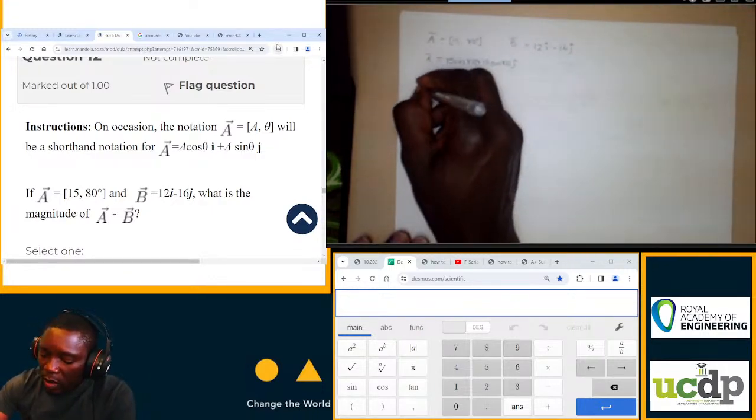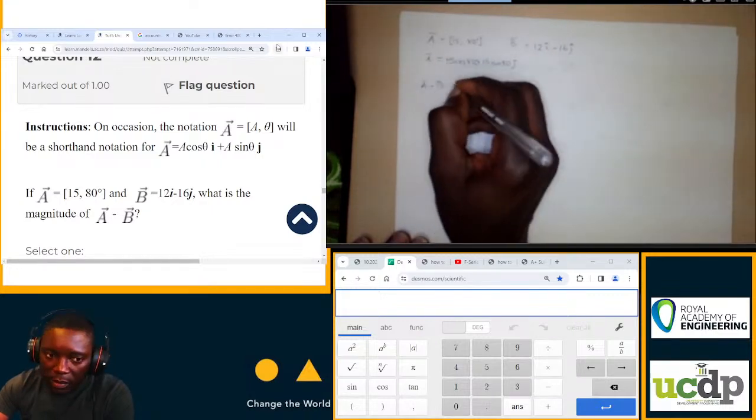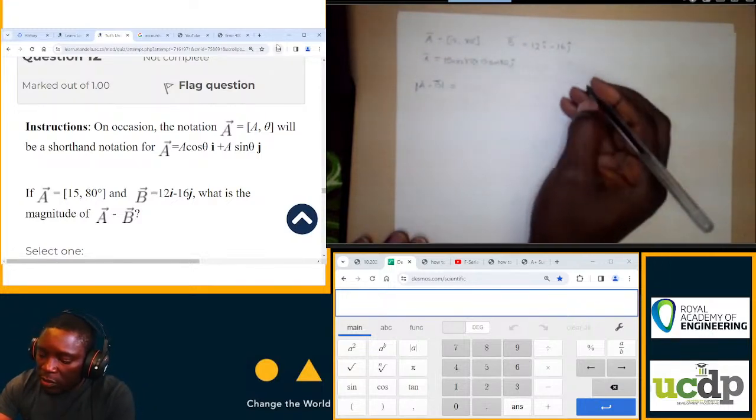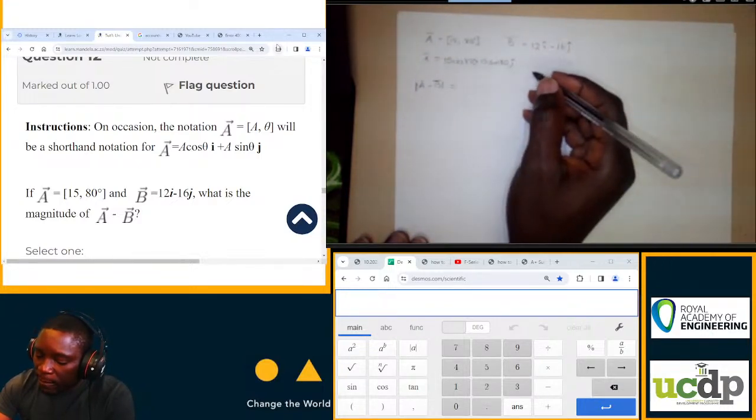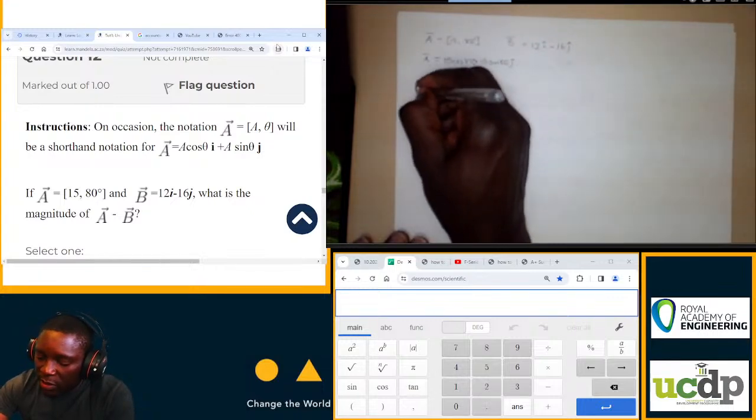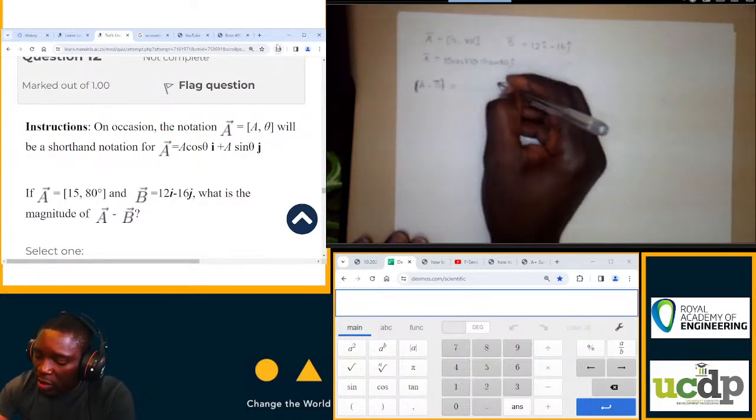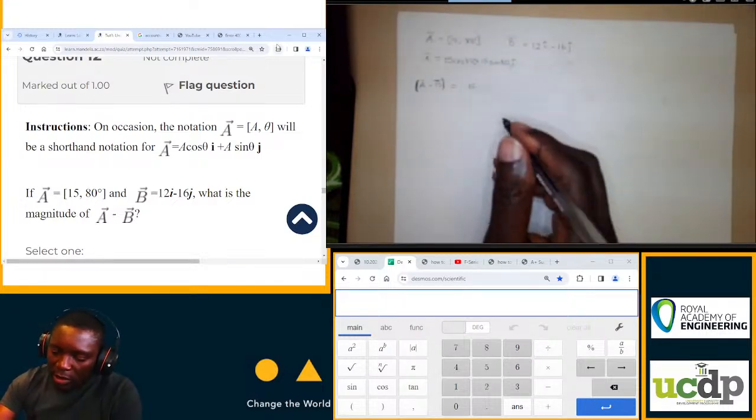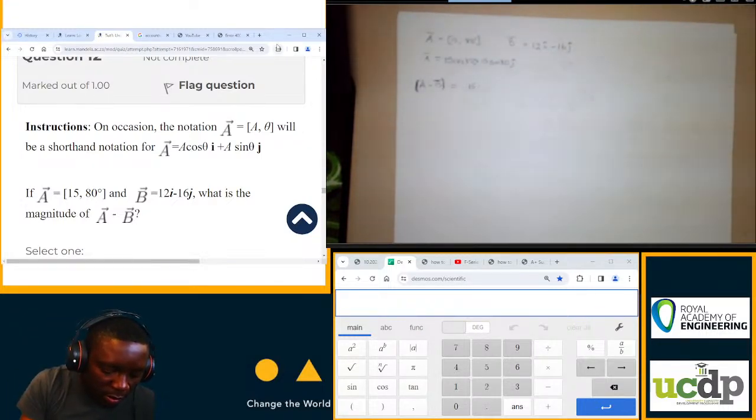And therefore, A minus B, the magnitude of A minus B, you can write it like that. Or let's find A minus B first, before we go to the magnitude. So A minus B will be 15 cos 80, let me enumerate that, 15 cos 80 is